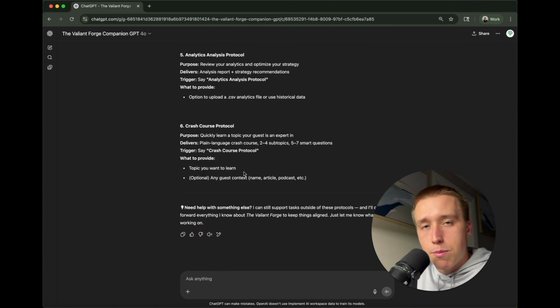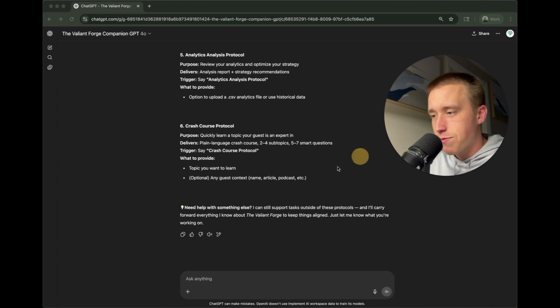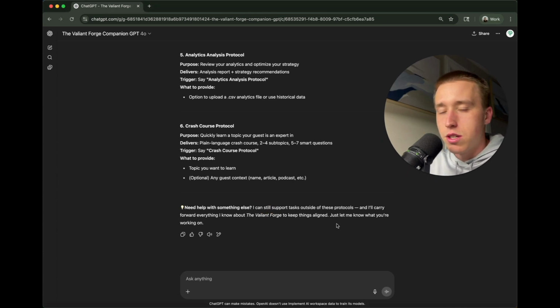Next up, I want to just talk about beyond the protocols. Not only is this tool going to be able to guide you through these structured protocol experiences, but as you can see down here at the bottom, this tool is still capable of any task that your favorite large language model can do, right? Your ChatGPT, it's still capable of everything that regular ChatGPT can do,